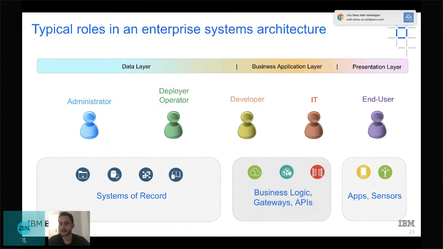On the business application layer, you'll have your IT people as well as your developers. So your IT people means someone who is upkeeping the APIs, maintaining them. A lot of times it could be your SREs who are helping the customer and end user. And then you have your developer.